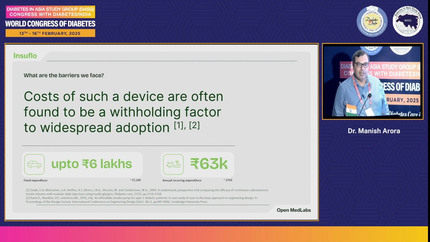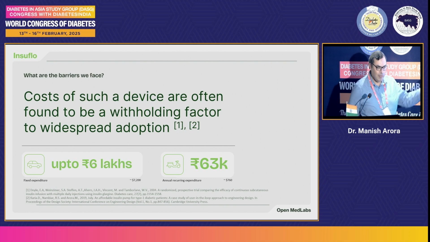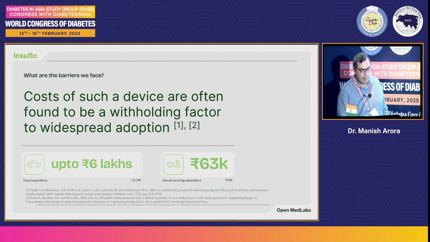The latest ones cost 6 lakhs and above, which have some control algorithm built in, but not just the cost of the pump, but also the cost of recurring consumables with them, right? You buy a car and a scooter every year to manage your insulin if you have to do that, right? That's definitely not feasible for the majority, and I would say the vast majority of the Indian population.